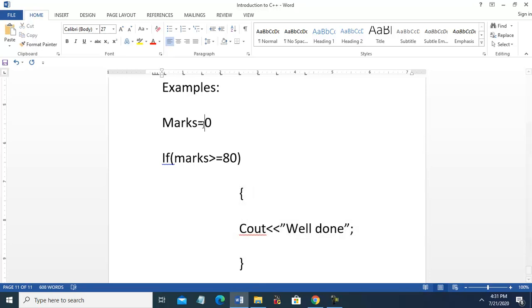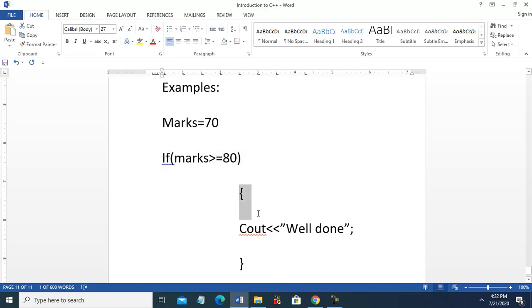Suppose marks are 70 and we have this criteria, marks greater than or equal to 80. When it checks here, marks greater than or equal to 80, no, it is 70.